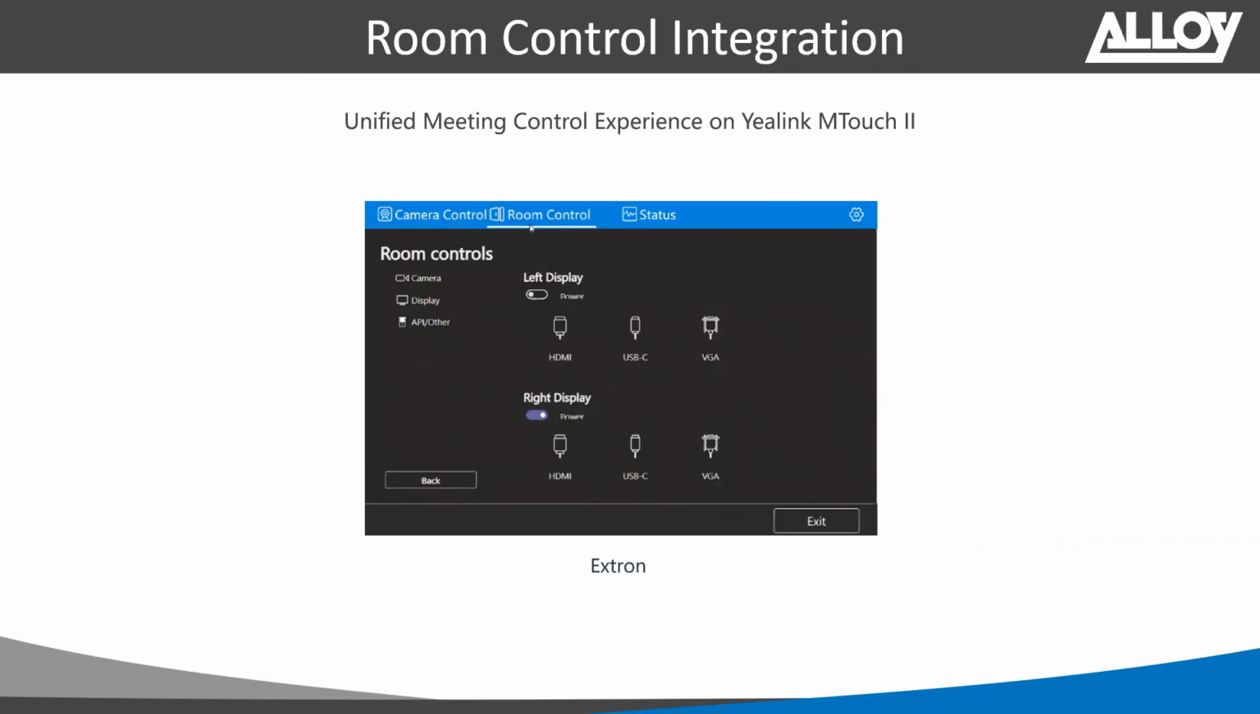All right, so now this is where it gets a little bit different. Once we enable that room control function in the Yealink Room Connect software, we're going to get that room control flip page up at the top of the menu there, as you can see on the screenshot. With this example, this is an Extron configuration. So we've integrated the Yealink system with Extron, and